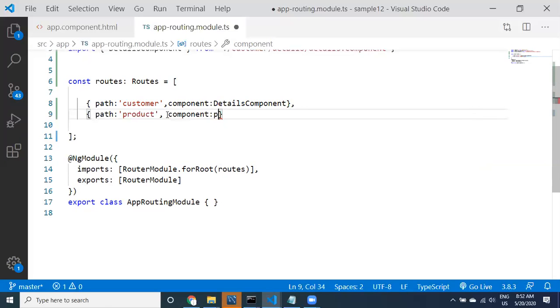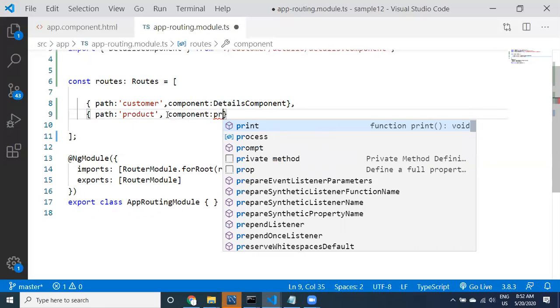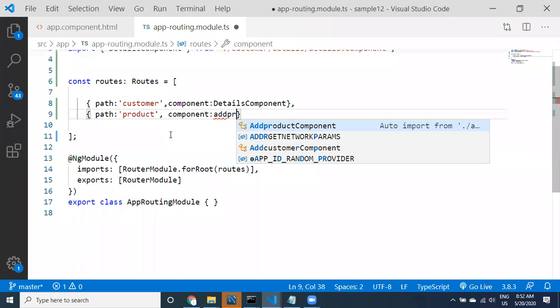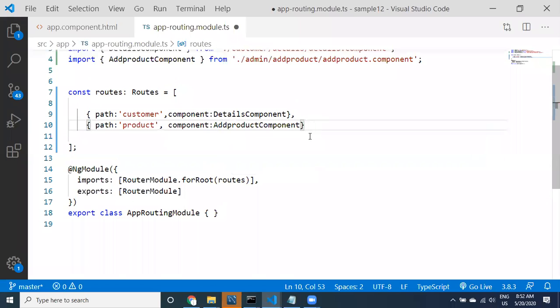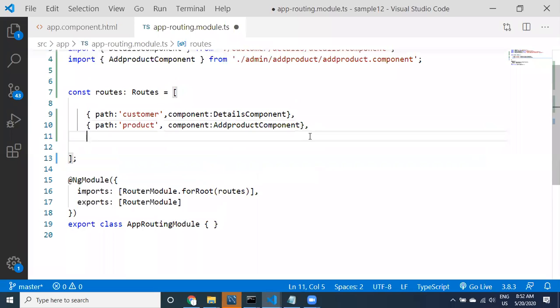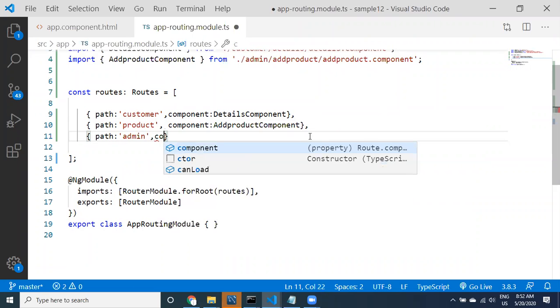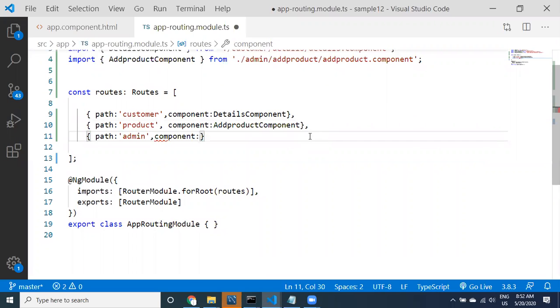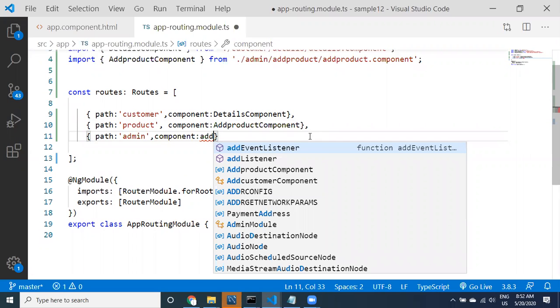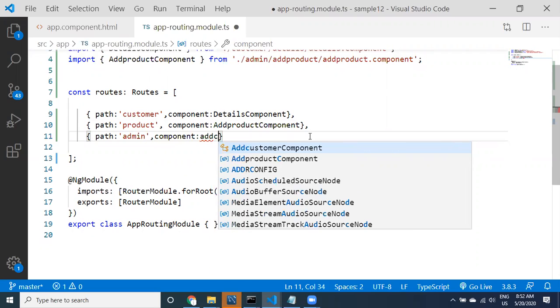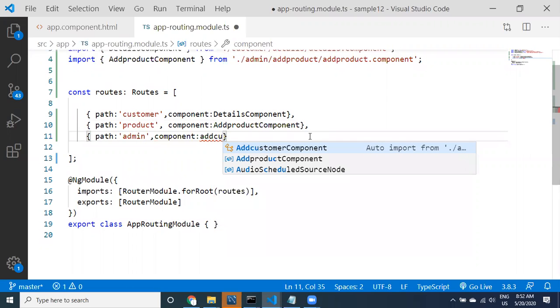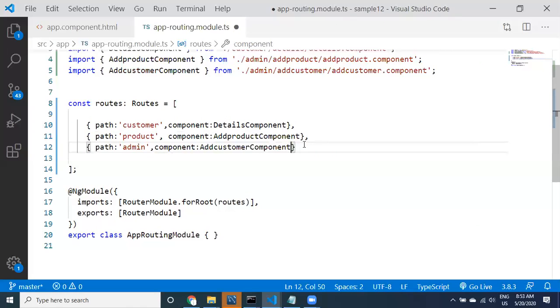sorry, product related, add product component. This is an example product I have provided. Like another one, path equal to admin. If the user clicks on admin, the component is going to be add customer.